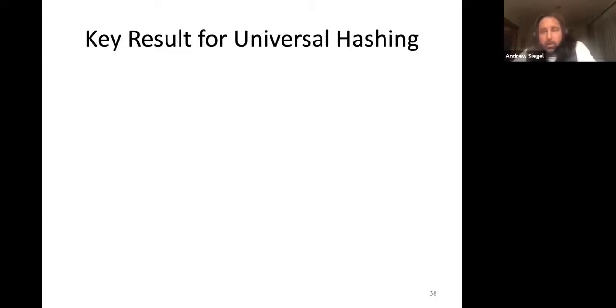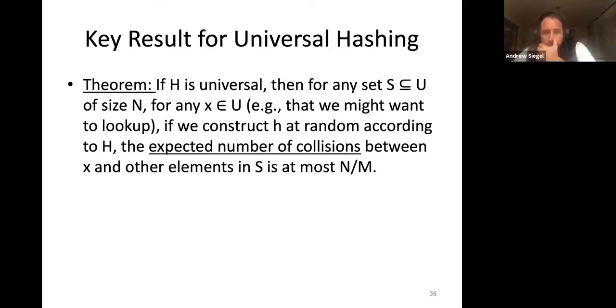Okay, so that leads to a very important case, which you prove just based off of the linearity of expectation, which is that if H is a universal family of hash functions, then for any set of keys S that are drawn from U, the universe of size n, for any given key X in U that you might want to look up, for example, if we construct h at random from the family H, so we say construct because there might be an algorithm to build it, or we might think of there just being a set of hash functions, capital H, that we randomly choose a little h from, then the expected number of collisions between X and